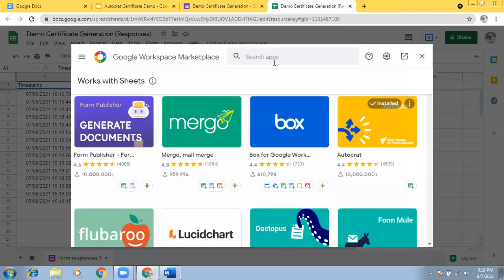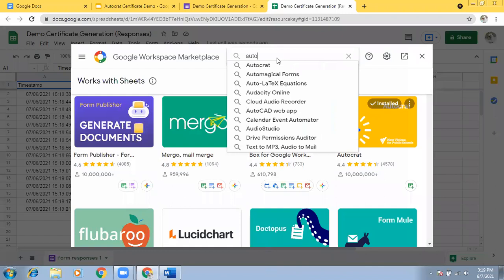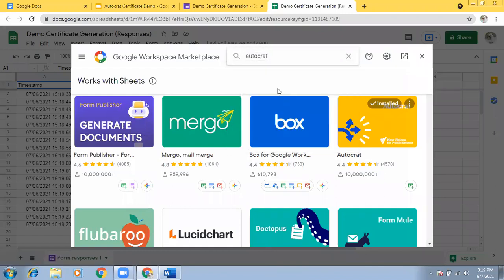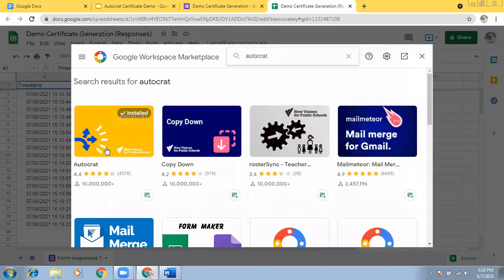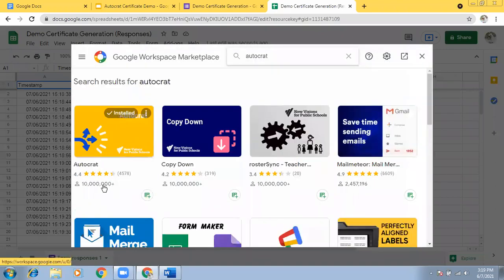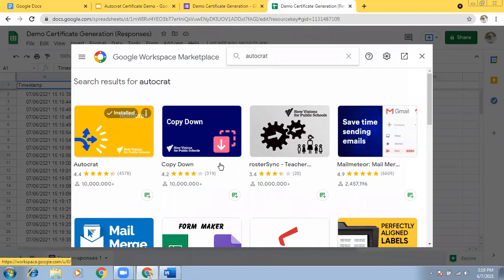Then you go to add-ons, and type the add-on name, Autocrat, and enter. Then you can see Autocrat. You can see the number of installations of this add-on.